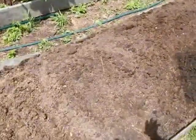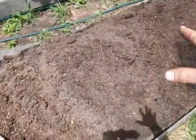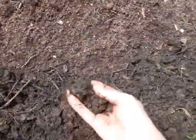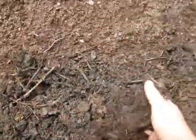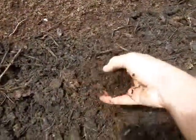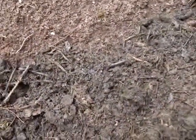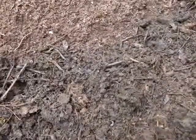And the reason I have the dirt all mounded up like that, that's all sifted topsoil. It's pretty free of debris. This stuff over here obviously is not. This is just fresh compost that's not even completely finished composting, as you can see. So I wanted to bury that underneath it, so I pulled the good sifted stuff over to the side, putting that underneath. And really the only reason I'm doing that is, I guess you could say laziness,